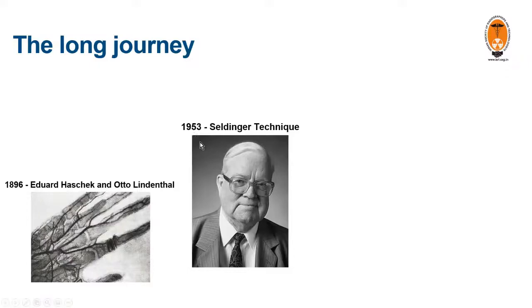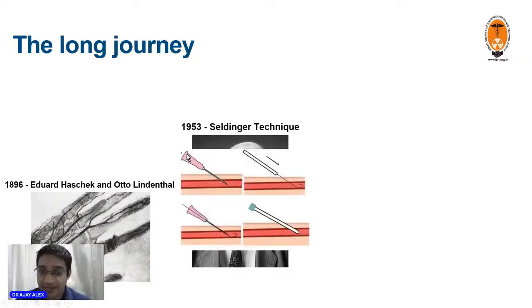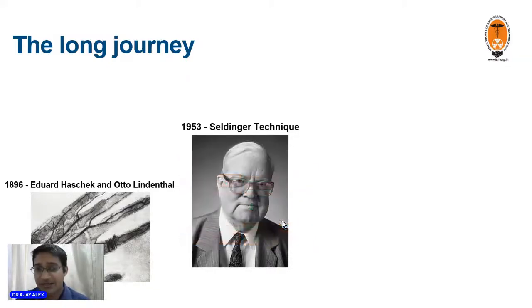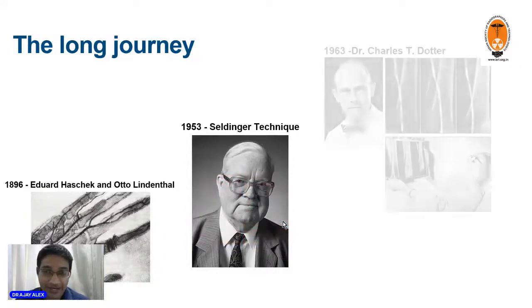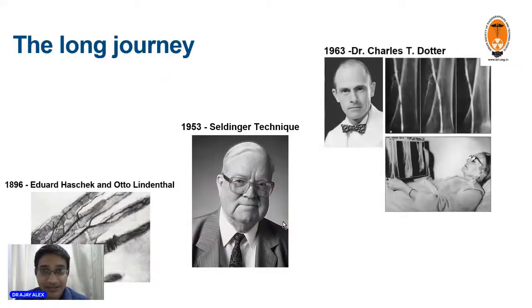In 1953, Seldinger found a technique of inserting a cannula into an artery or a vein, then inserting a wire, and over the wire inserting a sheath into the artery or vein, so that this sheath can be kept in situ and multiple hardware can be inserted serially without puncturing the artery multiple times. Now, with this technique identified, it was a decade later, in 1963, that Charles Dotter,